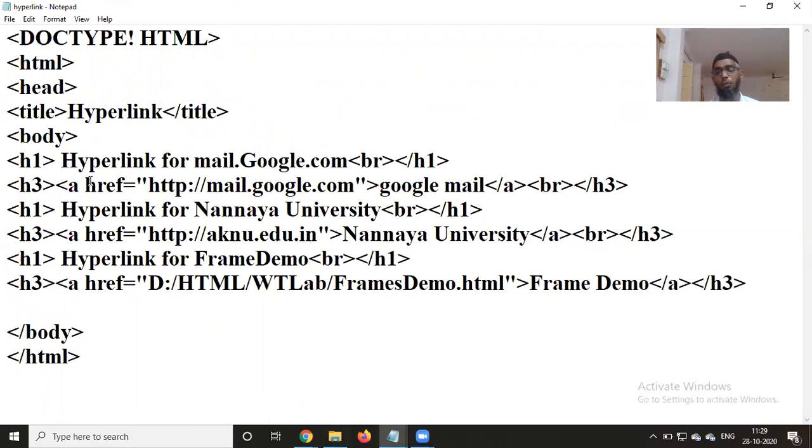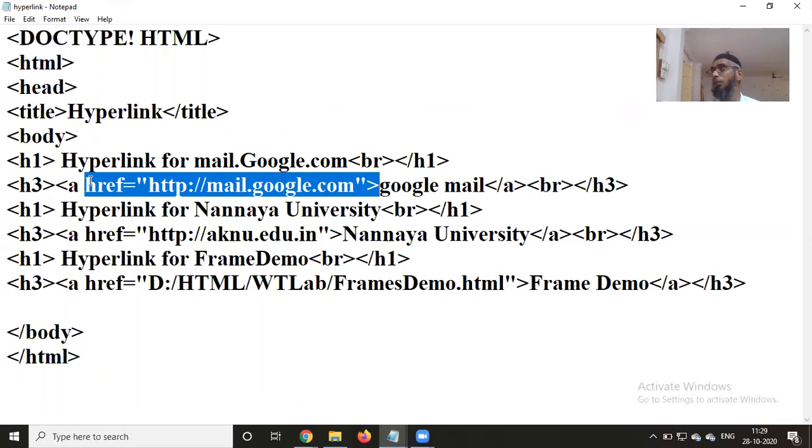What is the reference? Which page has to be opened, which page it has to access.